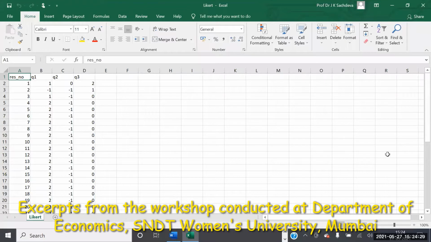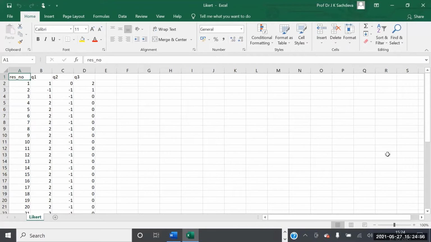I have asked 3 questions on a problem to the people. Question number 1, let it be, I like economics class. Question number 2, material is very good to me. Question number 3, professors are very helpful. Like this, say there are 3 questions. And people have replied strongly agree, neutral, disagree, strongly disagree.